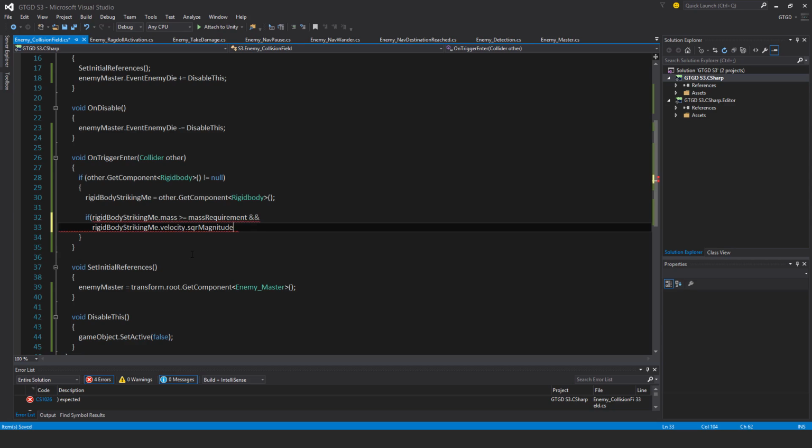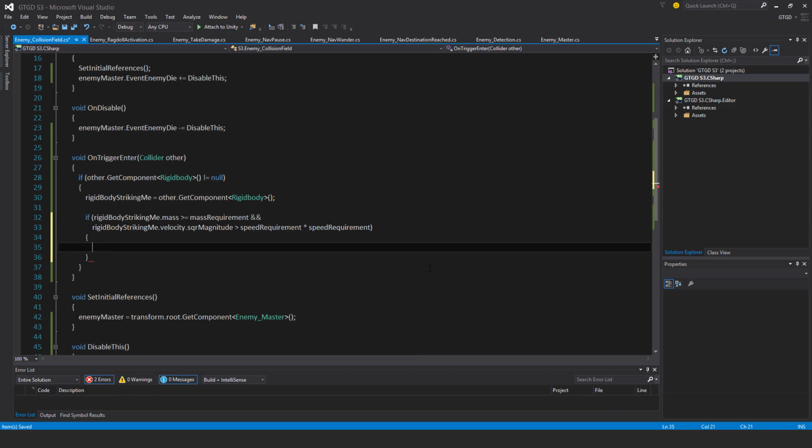Since this is perhaps a more frequent check, I'll just do that, because you could be throwing lots of stuff and not all of it is applicable to applying damage. So if the rigid body striking me dot velocity dot square magnitude is greater than the speed requirement times speed requirement,